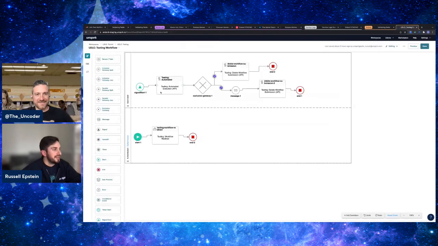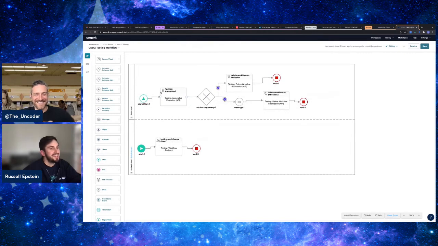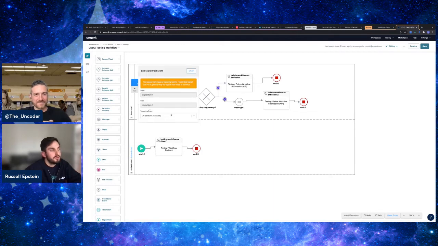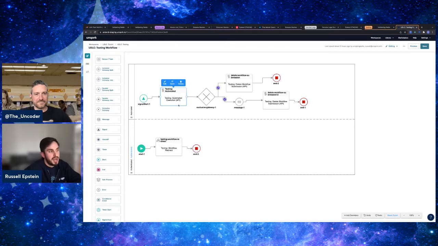Thank you for asking. So the tests are being run through a workflow specifically using the signal start node. What the signal start node does is it looks for a specific event in the environment. The event that we're looking for, particularly for this tool, is on module save for all modules. So anytime any module in the environment gets saved, this workflow kicks off and it executes this API module, which